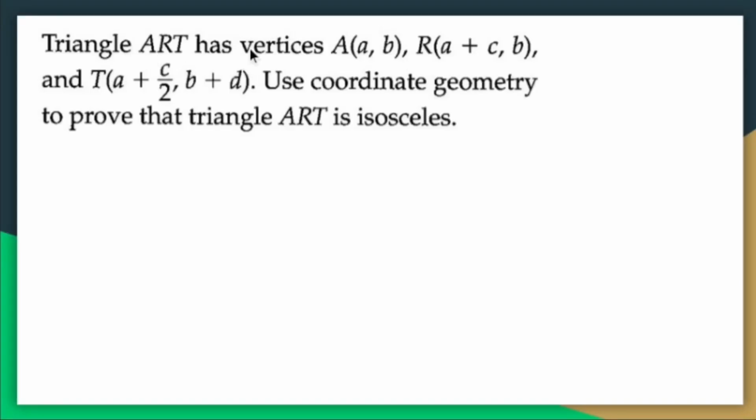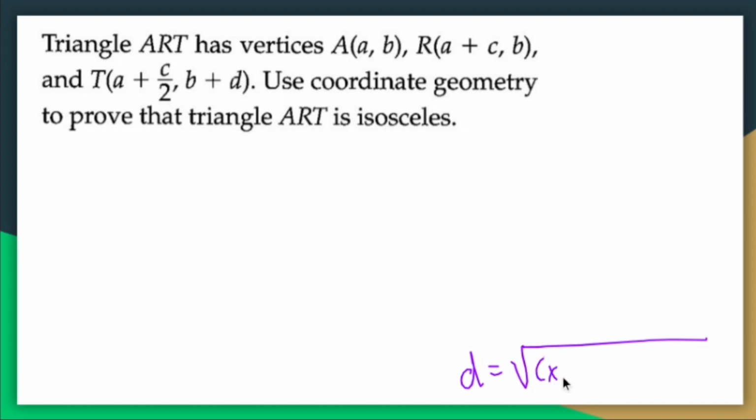Triangle ART has vertices A(A, B), R is (A plus C, B), and T is (A plus C over 2, B plus D). Use coordinate geometry to prove that triangle ART is isosceles. So something that is isosceles is going to have two sides that are congruent. And since I'm given letters instead of actual things to graph, I have to use the distance formula a bunch of times. So a little reminder